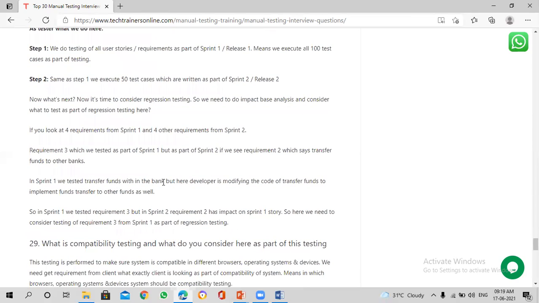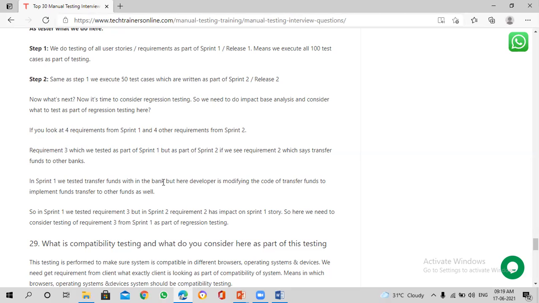One more way of doing regression testing is when a huge count of defects are fixed. The developer is adding or modifying code as they keep moving to new sprints, and also when they are fixing defects. They modify the code to fix the defect.